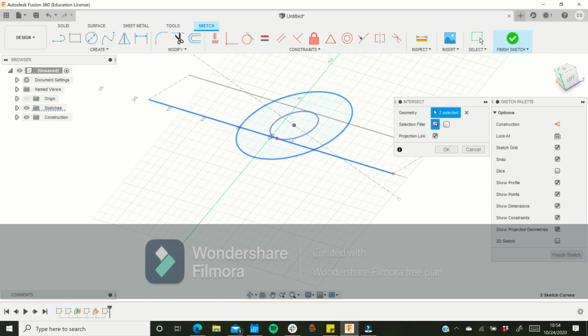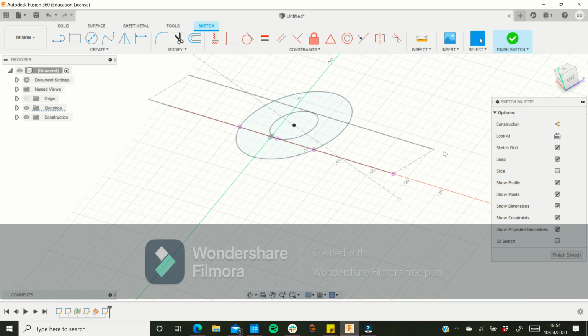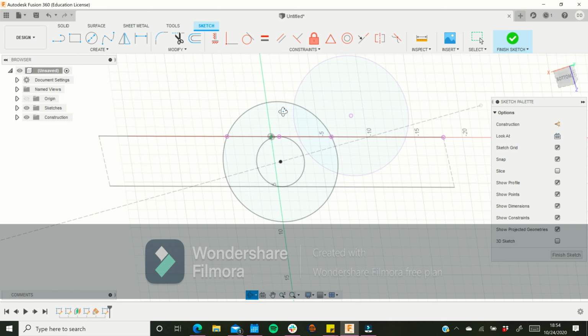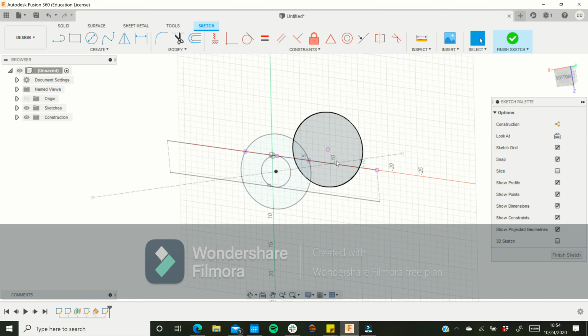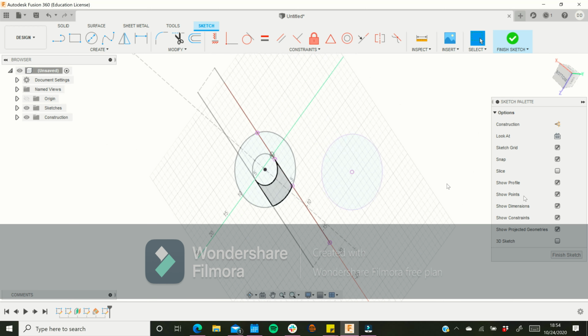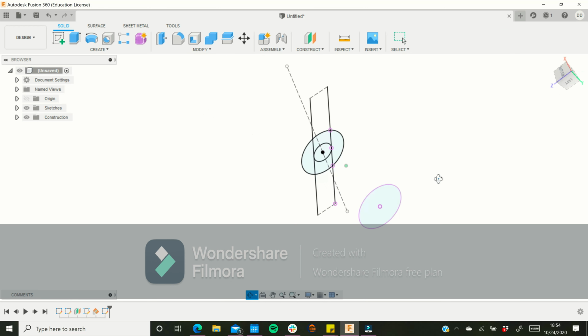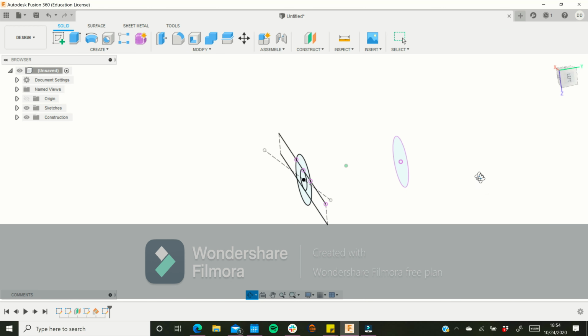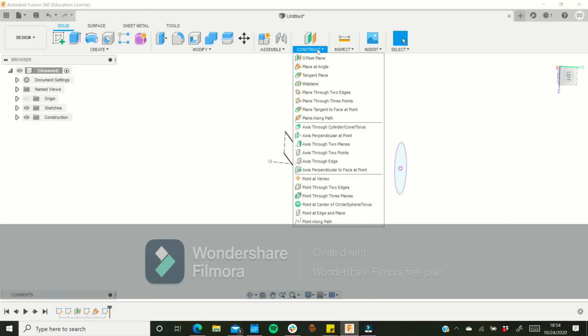So actually I might be able to do this one. Yeah, so now I have some points and it will give me those points and that line, and now I have everything in this sketch that intersected with the other sketch. Let's finish that. So now I have some weird things going on. Doesn't really matter what's going on, but this is all just for